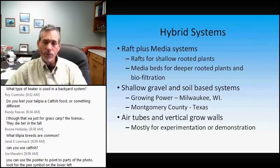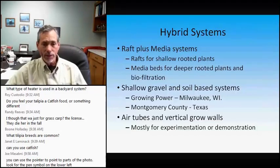The last system that we're going to talk about are what's considered hybrid systems. And the hybrids are kind of that combination. You know, people, again, are pushing this industry out. They're saying, well, there's some benefits to the gravel beds because they provide a biologic